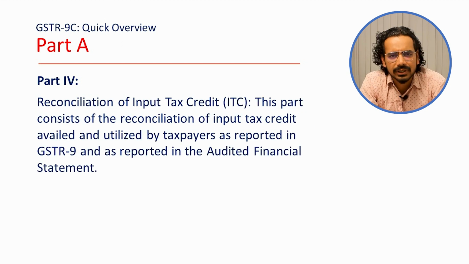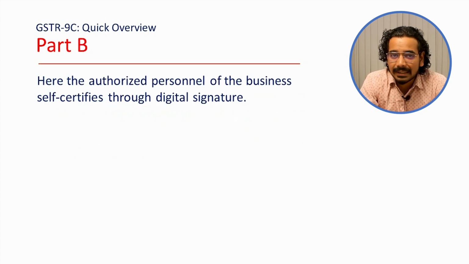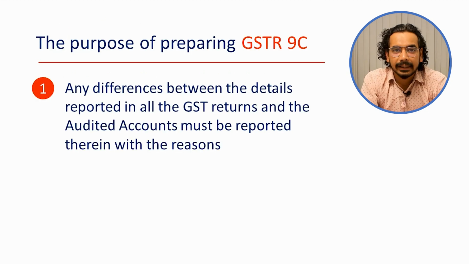Part 4 is reconciliation of input tax credit. This part consists of the reconciliation of input tax credit availed and utilized by the taxpayer as reported in GSTR-9 and as reported in the audited financial statement. Part B is self-certification. Here the authorized person of the business self-certifies through digital signature. Basically, any differences between the details reported in all the GST returns and the audited accounts must be reported therein,